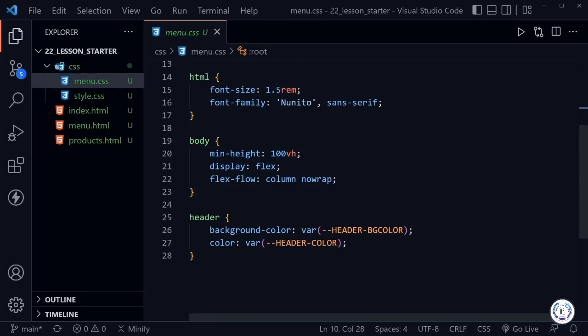Set the font family to Nanito, so that's all inherited. The body has 100 viewport units min height, and then is set to flex, and a column again. And then the header itself has a background color that's the header background color, and we set the basic color here. So we don't see a whole lot of difference, but I'm going to go ahead and launch this page